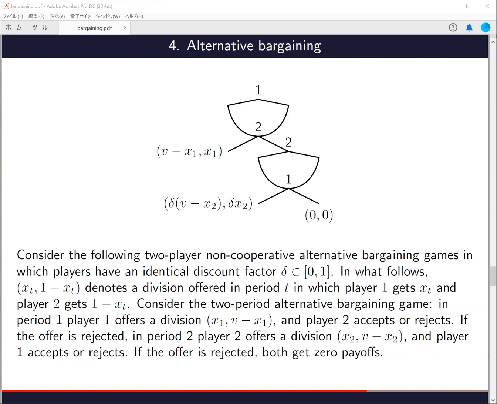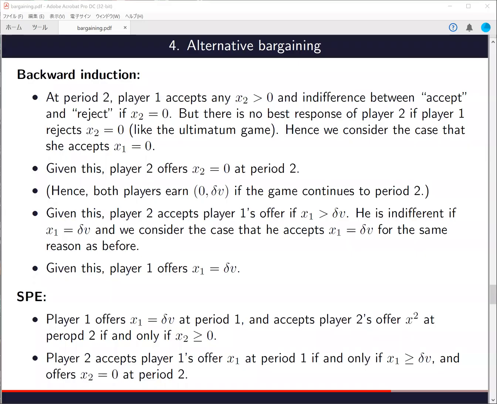If player 2 accepts the offer, then the game ends. But if player 2 rejects the offer, then player 2 gets to offer a division of payoffs in the second period. In the second period, player 2 offers a division of payoffs where player 1 gets x2 and player 2 gets b minus x2. Then player 1 decides to accept or reject the offer. If player 1 rejects the offer, both players